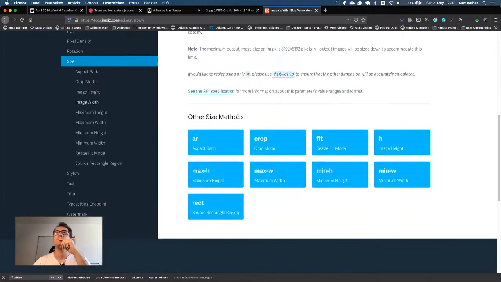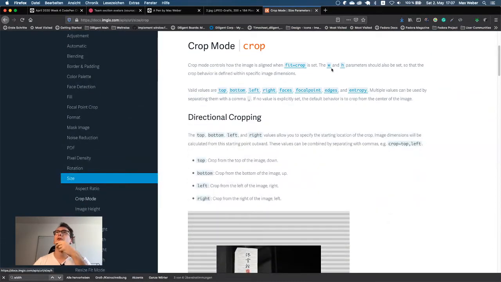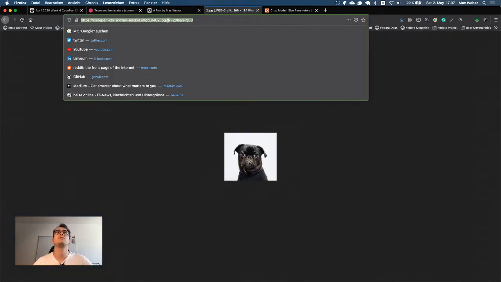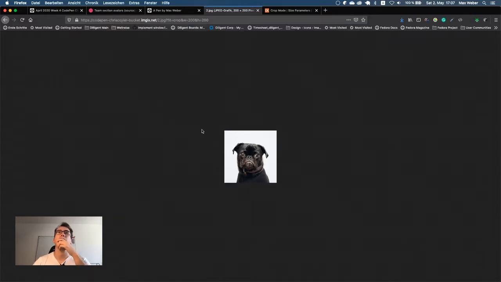That's quite cool. And what was it with the crop? So we can say fit crop, and the width and height. Does the crop parameters work like I expect? So fit is crop, ampersand, and the rest. Yeah, now we have 200 by 200. So crop doesn't scale the whole picture.